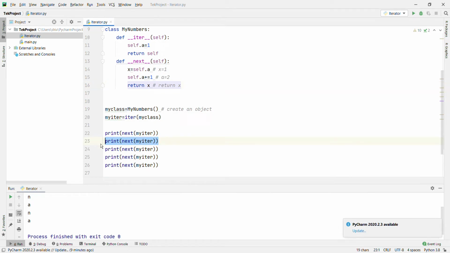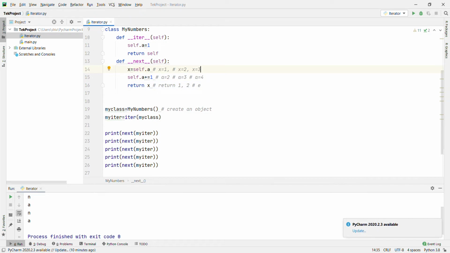Then it will go to the next iteration. What will happen? Now what is the value of a? 2, right? Now a is 2, then x will be 2, then a will be 3. It will first return 1, then it will return 2. A is 3 but x is 2. When x is 3, a is 4, and it will return 3.